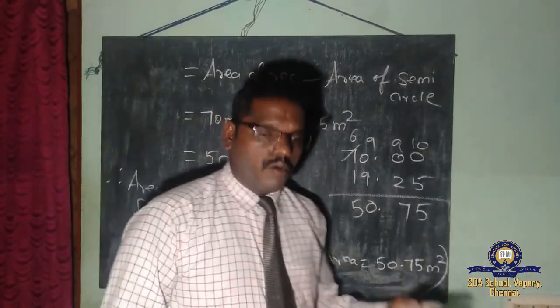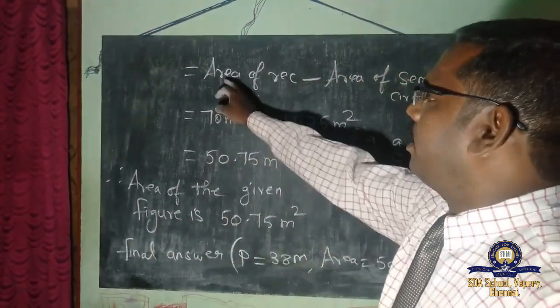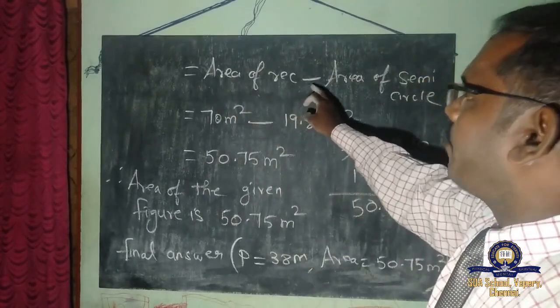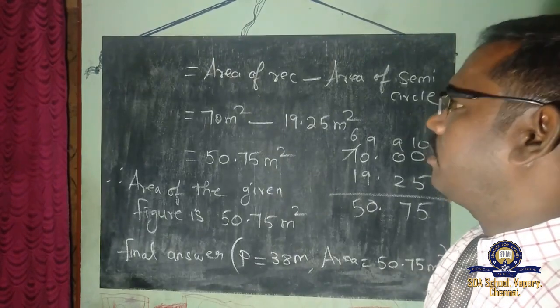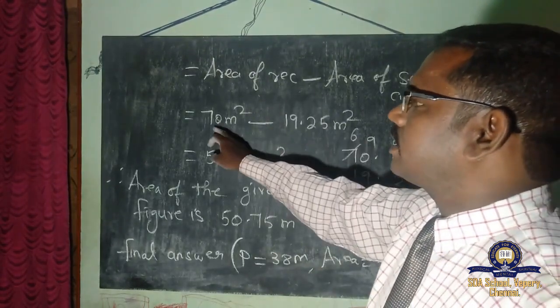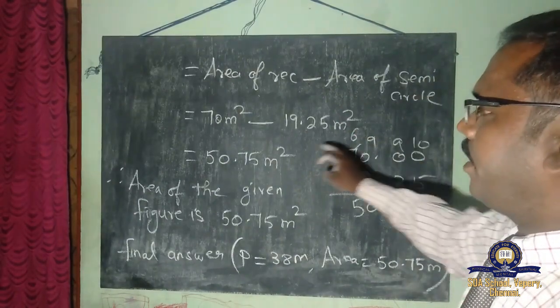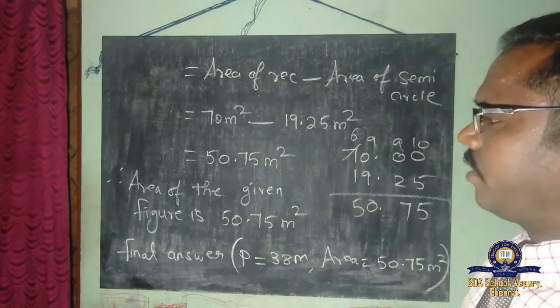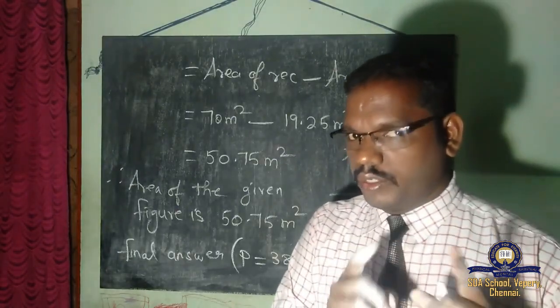Now you look at the board very clearly. According to our argument, area of the rectangle minus area of the semicircle. Already we have found that area of the rectangle is 70 meters square and the area of the semicircle is 19.25 meters square. So we are going to subtract. You only have to do, see,